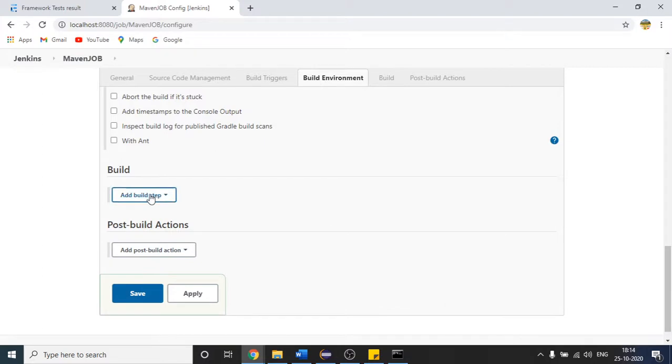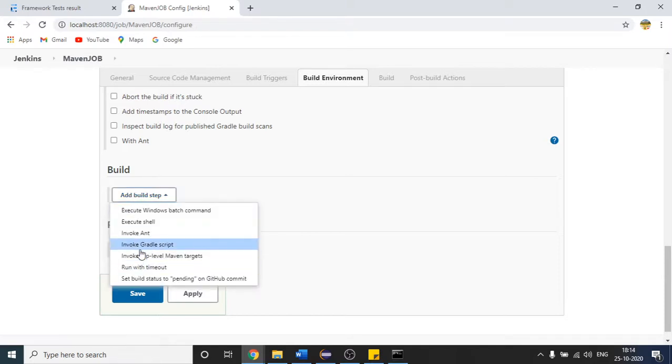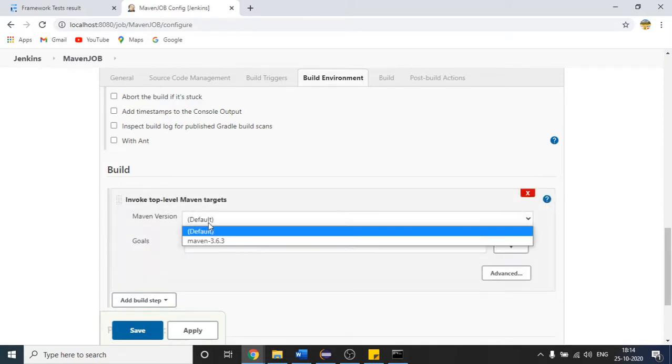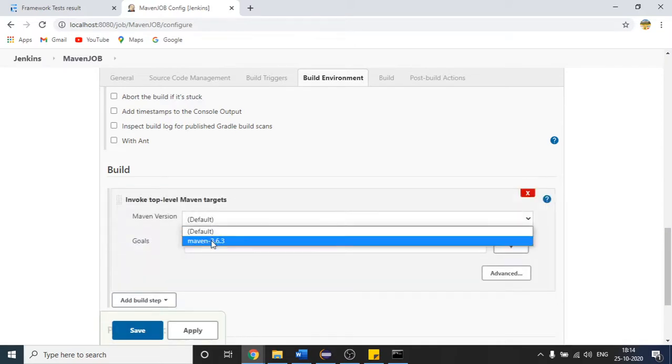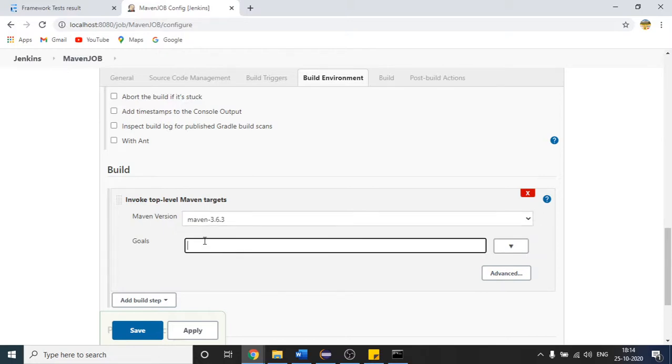Once you provide it like that, come down. Here I want to build, in the sense that I want to trigger my test case. How do I want to trigger my test case? I want to invoke my test case with the help of a maven command. So here again maven is going to help us. You can select invoke top level maven target. If I click this, whatever name I have provided in the setup path, I hope you are able to see. This is the name I have given, and inside that, what is the goal?